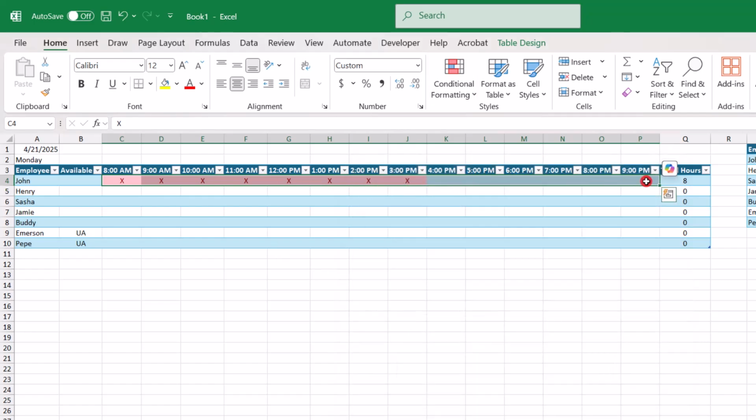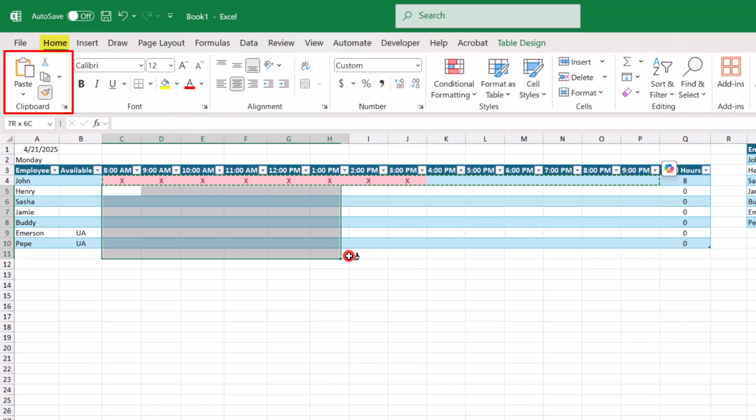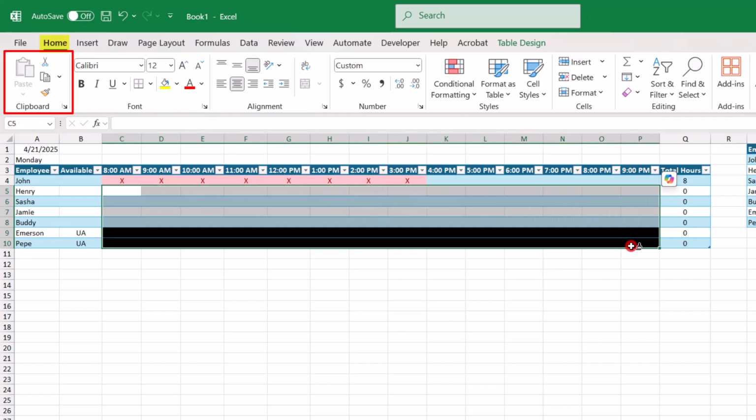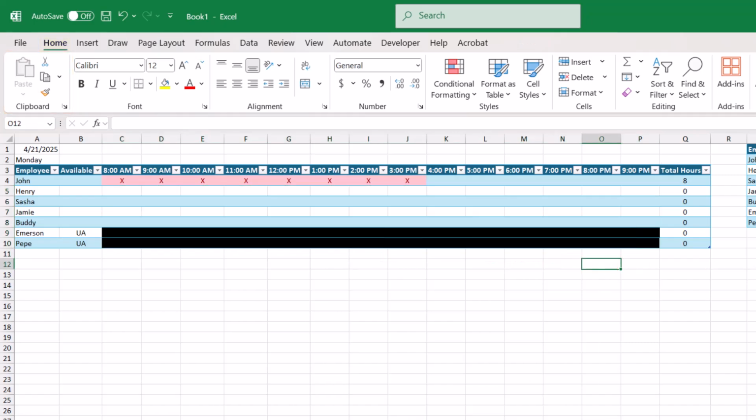And now with all of those cells still selected, I'm going to go to the clipboard and click on Format Painter and apply that formatting to the other cells. And now as I update the schedule, I can see that Emerson and Pepe, I shouldn't give them hours to work on a Monday. So now I'm going to do a bit of formatting just to make this look a